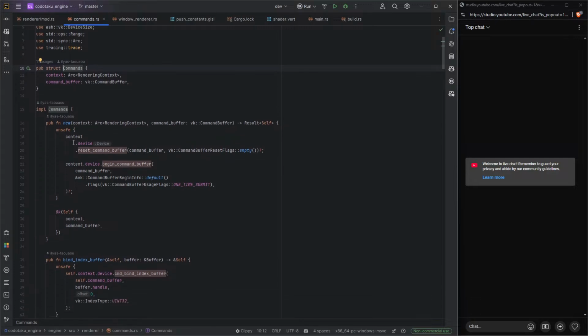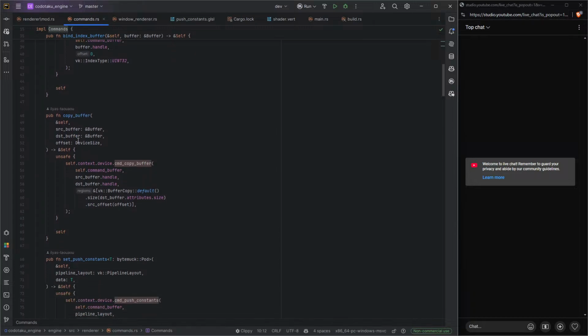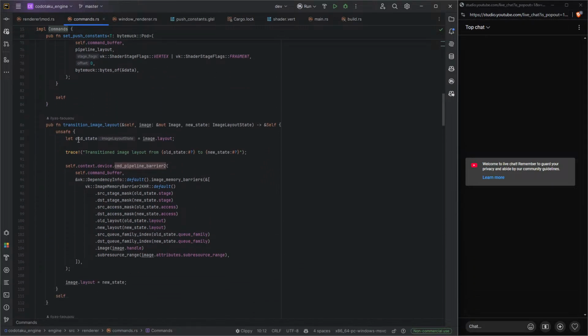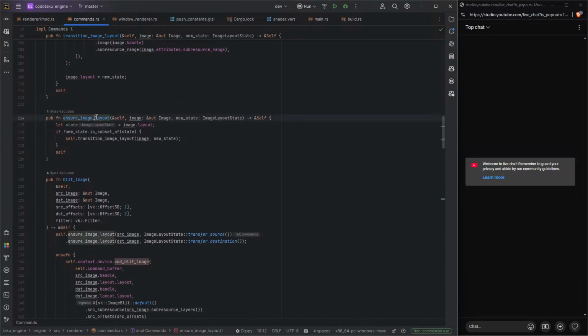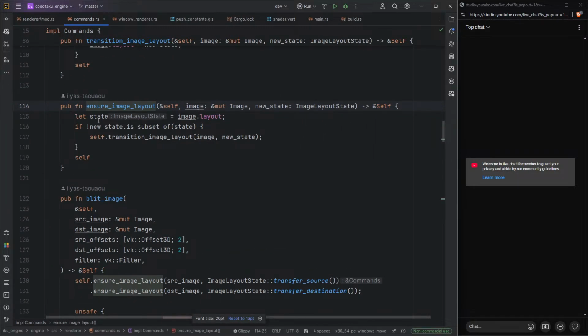So if we go to commands here, so let's see. So I have this function called ensure image layout, right? So it basically checks if the new layout is a subset of the old layout. If the new state is a subset of the old state, if that's the case, like if it's not the case, then we're actually going to transition the image